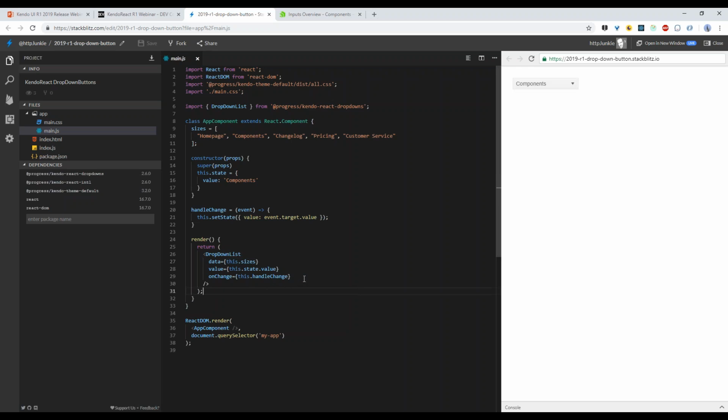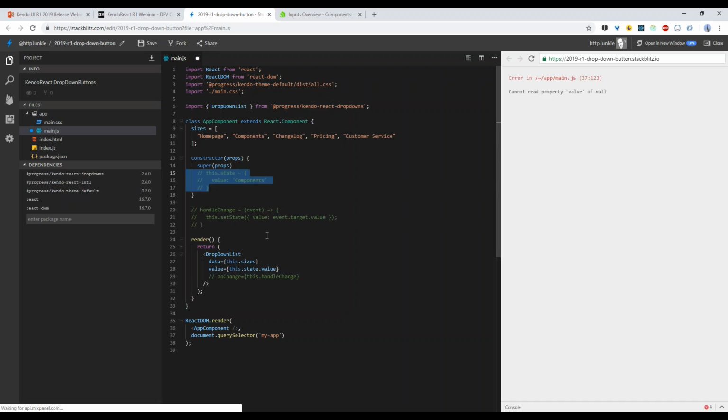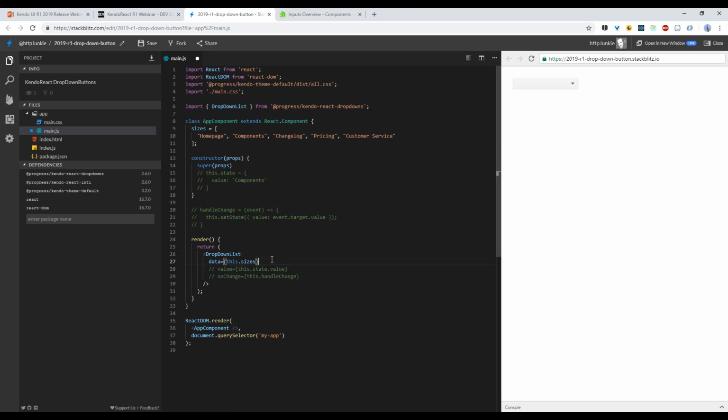Now, if you just started building this component on your own, I want to note a few of the problems that you might run into. So typically when you set this up, you wouldn't have added all of this stuff right here that I have. And what you would do is you would say value equals components, and that would kind of give it a default value to select by default here. Now, what if we want to be able to click on change log or click on pricing